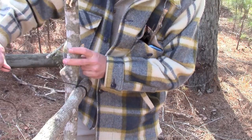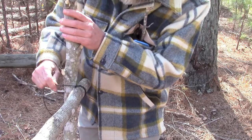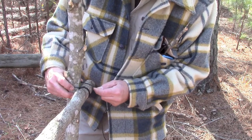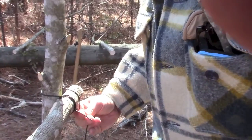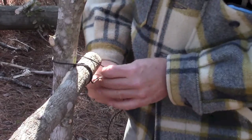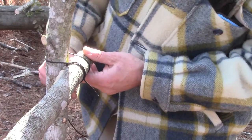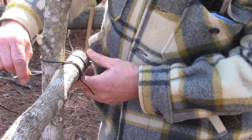So I'm going to go over the top here. I'm going over the top, back around here, get that straight. I'm going to zoom you in just a bit. I've got it over around the back of my post, back under my cross piece, and I've got that about as level as I can eyeball it. Then I'm going back around the bottom,